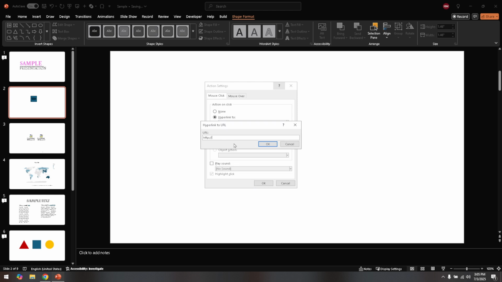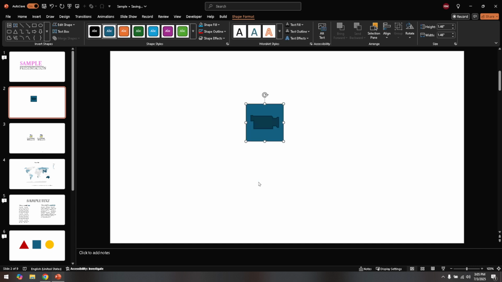Carefully type your URL into the provided field. Make sure it's correct, perhaps copy and paste from your browser to avoid typos. After you've entered your URL, go ahead and click OK. Sometimes you might need to confirm these settings on a second panel, so let's hit OK again to finalize our hyperlink. And there you have it, you've successfully created a clickable button that links directly to a URL in your